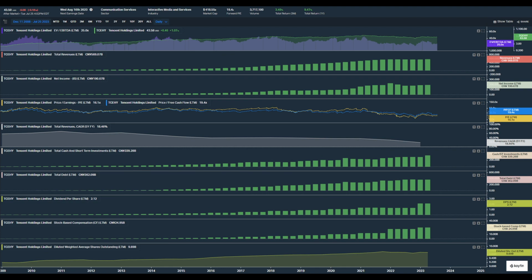During this downturn, firm management seems to be acting very prudent. The firm grew its debt, but it also grew its cash and short-term investments, which almost covers up all of the firm's total debt. Thus, the firm looks financially healthy. Although the stock-based compensation keeps growing, it doesn't seem out of the ordinary, especially considering the fact that the dividends of the firm are still growing at a decent rate and diluted weighted average shares outstanding have been falling since